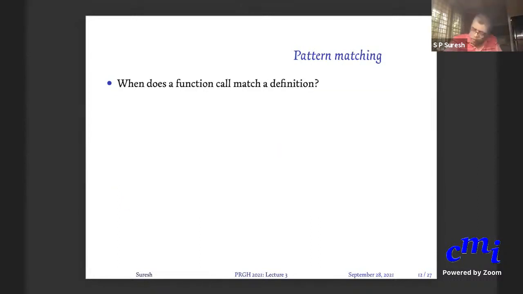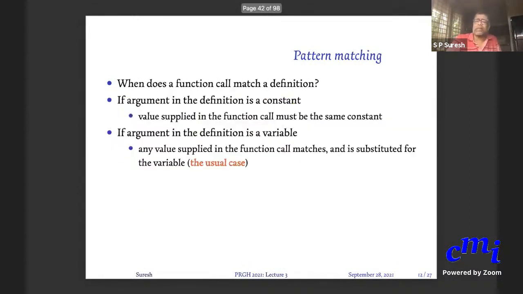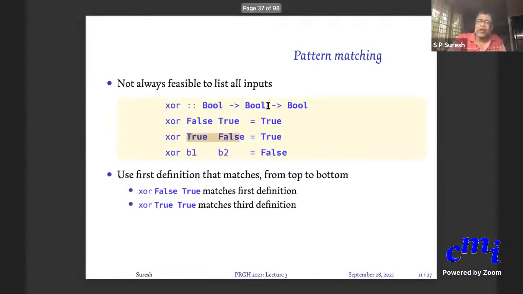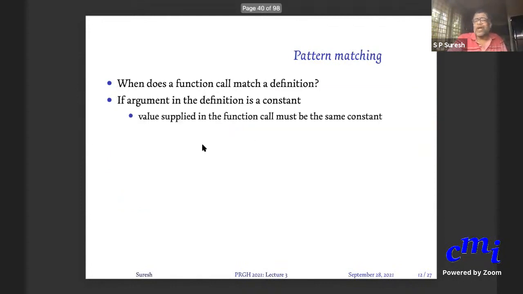So to be more explicit, when does a function call where you give actual arguments match a definition? If the argument in the definition is a constant, like here, if the pattern is a constant like false, true, etc., then the value supplied in the function call must be the same constant.